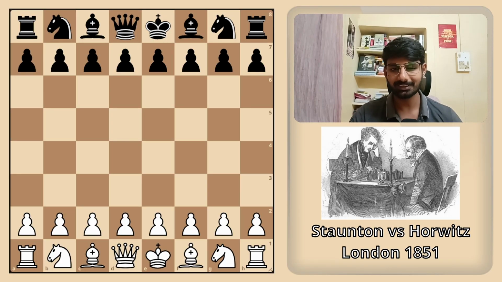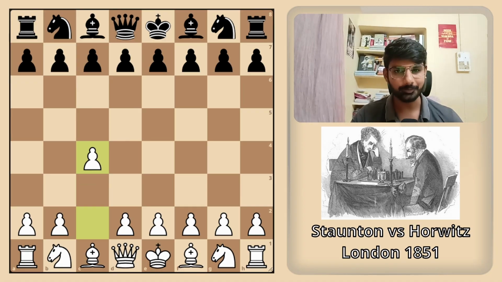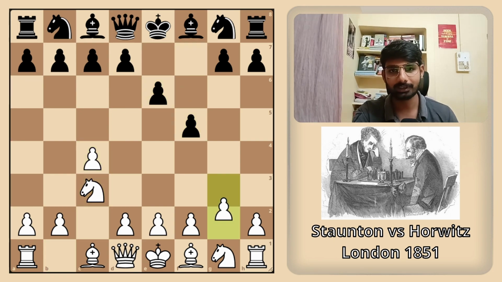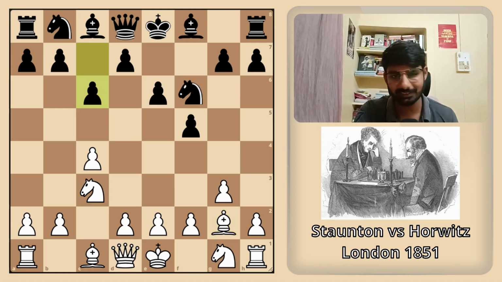Don't argue too much about the openings from these games because the opening theories were not well developed at that time. Let's just enjoy the romantic era of chess and learn something from their attacking ideas and flashy combinations. In this game, Staunton played with white pieces, Horwitz played with black pieces. The English player started with the English opening: e6, Nc3, f5, g3, Nf6, Bg2, c6. Like I said before, don't argue too much about the openings.